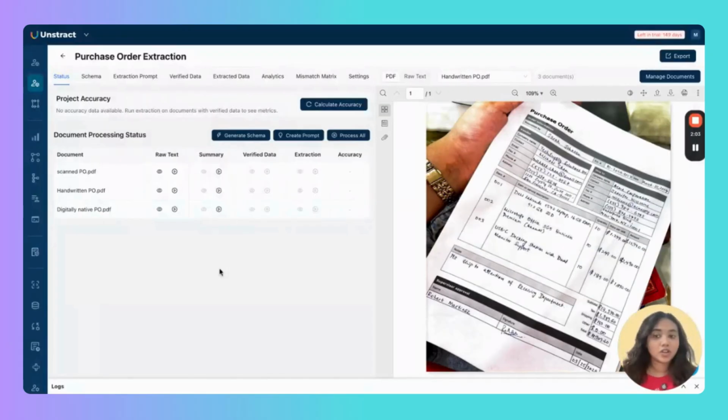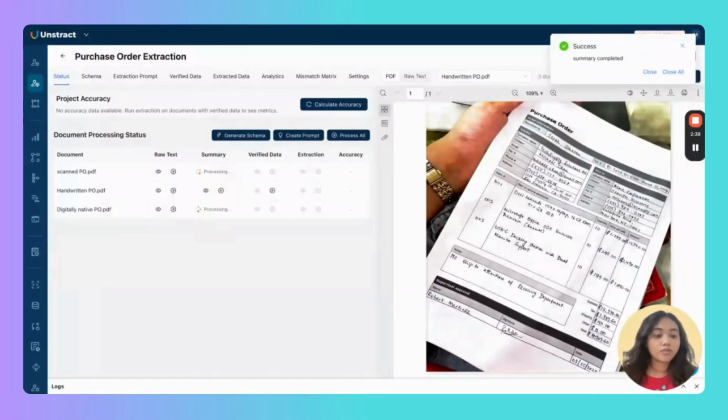So once the raw text is extracted, I can kickstart the schema generation pipeline where the system will automatically generate a unified schema which accounts for all the data fields that I'll be extracting from my purchase orders. So the first step in the schema generation pipeline is to create a summary of the documents. So what happens over here is a summarizer agent basically runs on each of the test documents that were uploaded, and it creates a list of what are the key data fields to extract from this document, what are examples of this particular data, what data type are these fields of, and you basically have the summary ready over here.